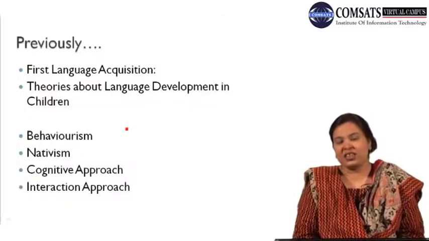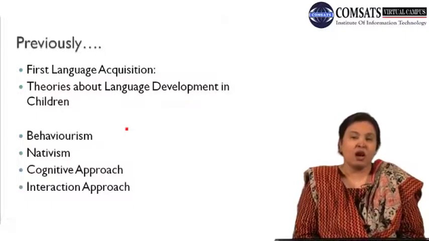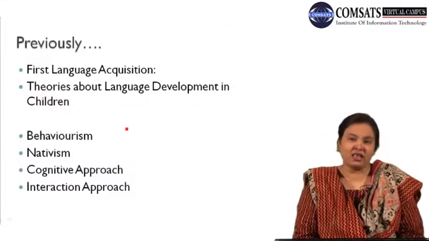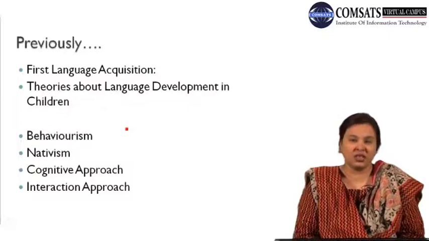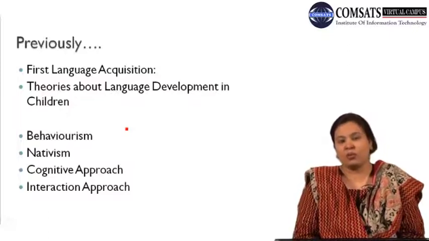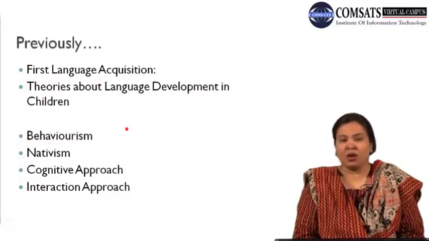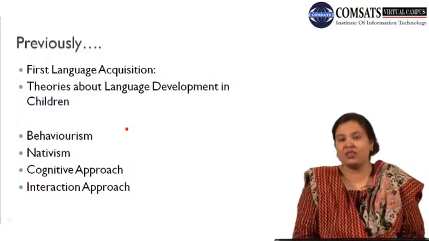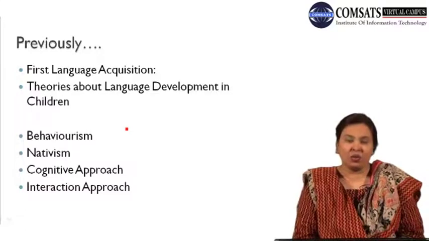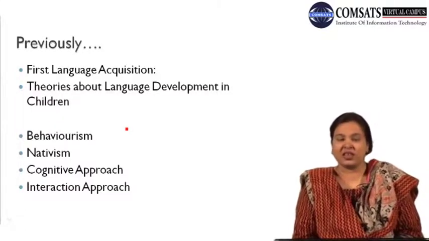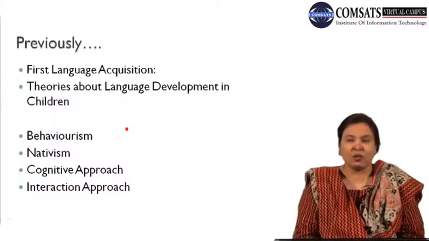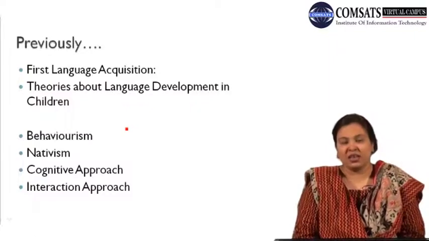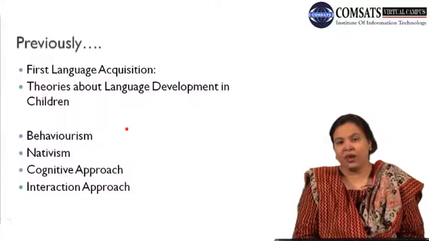In our previous lecture, we discussed in detail what is meant by first language, how the first language is acquired, and what the different theories and their ideas are about this process of first language acquisition. With respect to that, we talked about behaviorism, nativism, the cognitive approach, and the interaction approach. There were a lot of theories, but we picked only 4 which are very well known in the field of linguistics for explaining the first language acquisition process. So first language: acquired, mother tongue: acquired, native language: acquired.